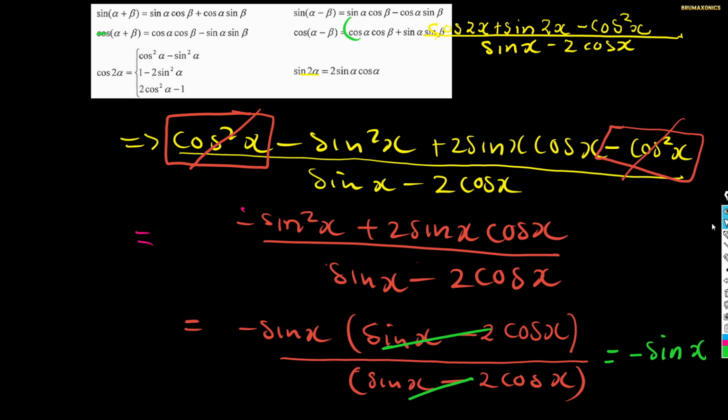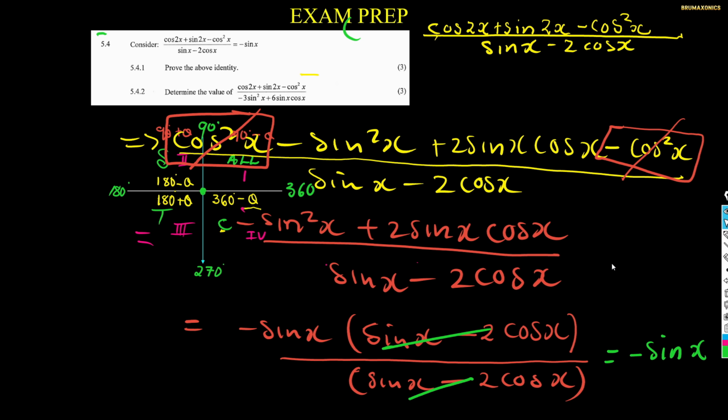So the only thing that we were trying to do is to prove that this above identity, or this left hand side is equal to the right hand side. So we're done, meaning that we're gonna get our 3 marks. Okay,